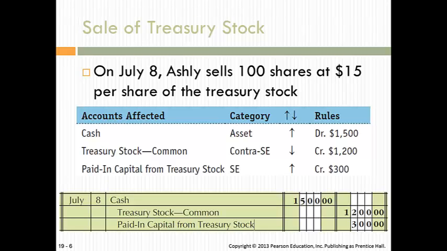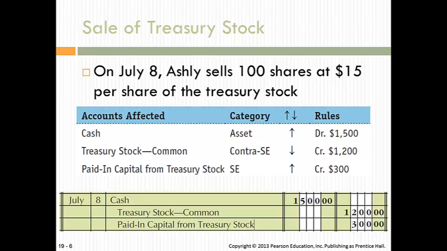Let's look at the example. Remember, Ashley Company had purchased 1,000 shares of treasury stock for $12 each. Now, on July 8th, the company reissues or sells 100 of those treasury stock shares for $15 each. If the company sells 100 shares for $15 each, it will receive that amount in cash, so we debit cash for